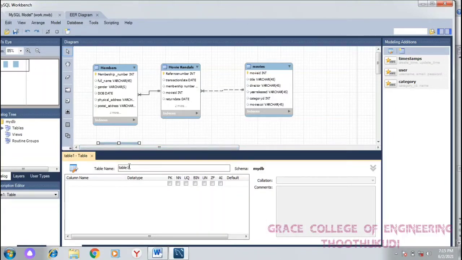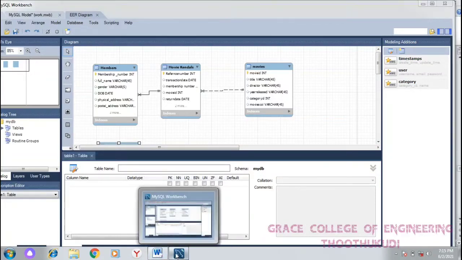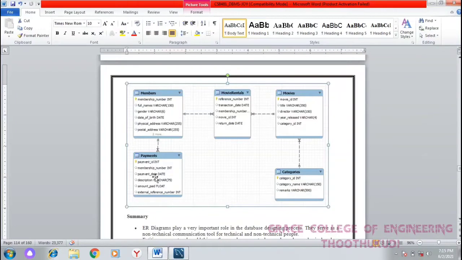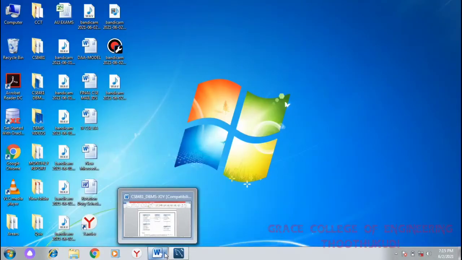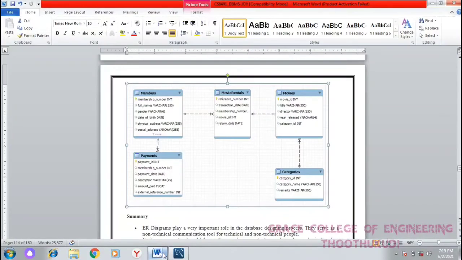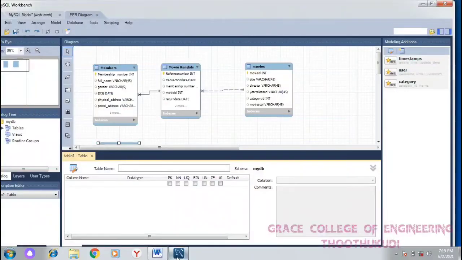Then double click on the top of the table. This window will be shown. Here you write the column names one by one. The table name is payment, so write it at the top of the table.